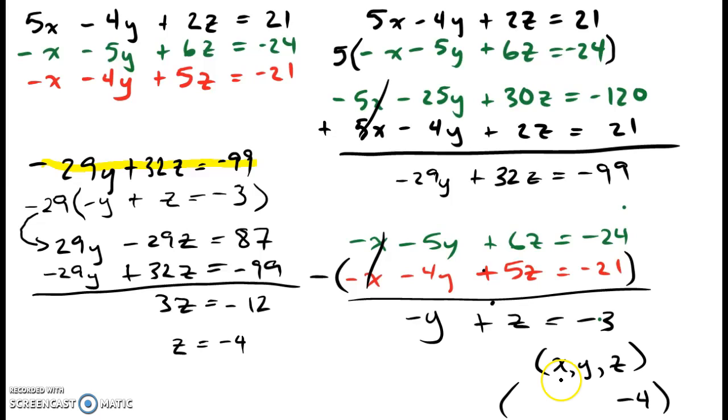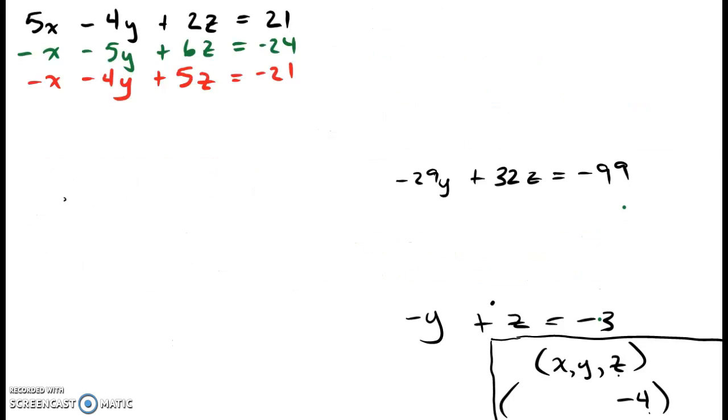And of course you want to write them in order of x, y, and z. So we figured out that z is negative 4, so we can write it here. And this is going to be our answer bank on the very bottom. I'm going to have to clean up this slide so we can solve for the other variables. And now we can take the same 2 equations that we used before after we had gotten rid of the x, and now we can get rid of the z, and then we can solve for y, and then we can put that in our